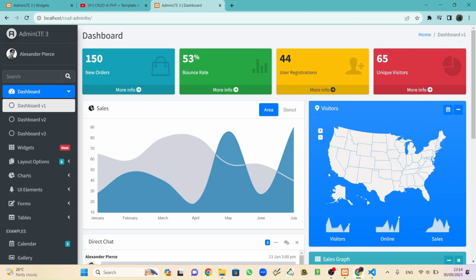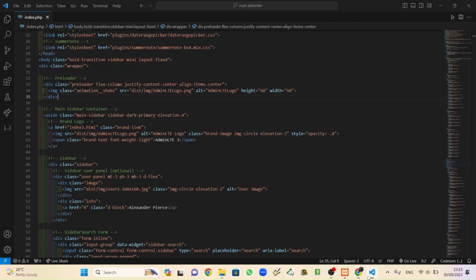But before we remove everything below dashboard, later we move, not remove, this menu to its own file.